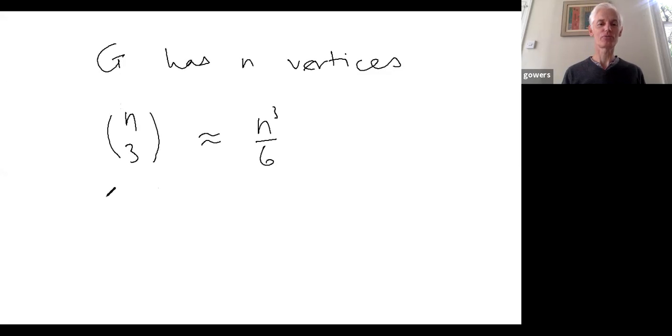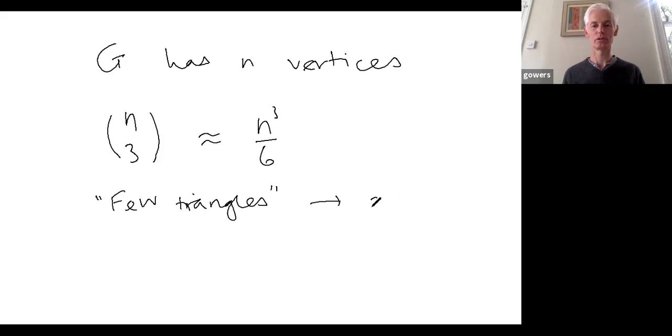So when I say that G has few triangles, I'm going to use university notation. I use the letter delta, the Greek letter delta, just to stand for a very small number like 10 to the minus 10 or something, a very small positive real number. So few triangles means at most delta n cubed, where delta